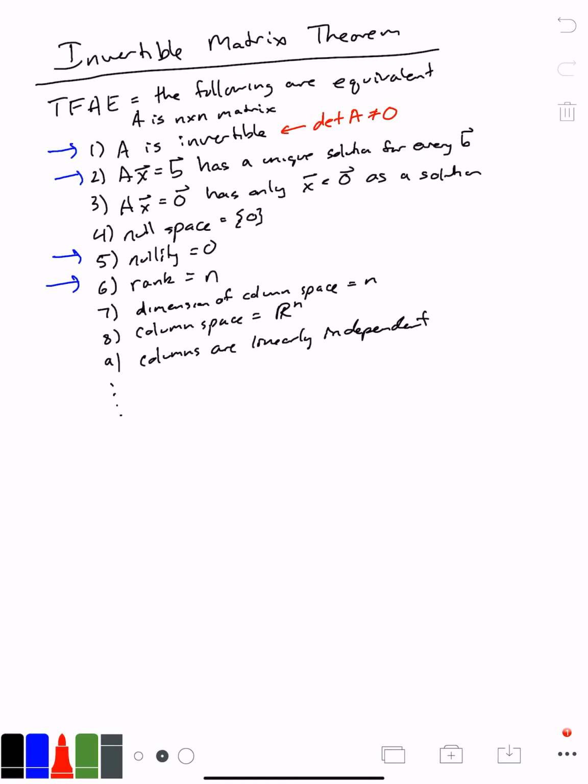So if you are ever trying to solve any type of problem involving any of these things here, you can just put your matrix in your calculator, hit the determinant button, and if you get 0, then all of these things are false. And if you get anything other than 0, then all of these things are true. So again, it's trying to show this from a theoretical point of view and